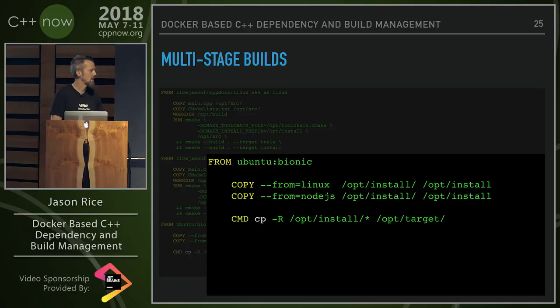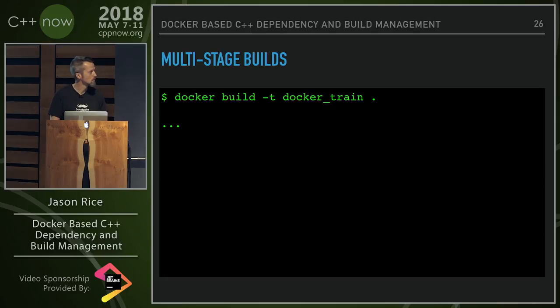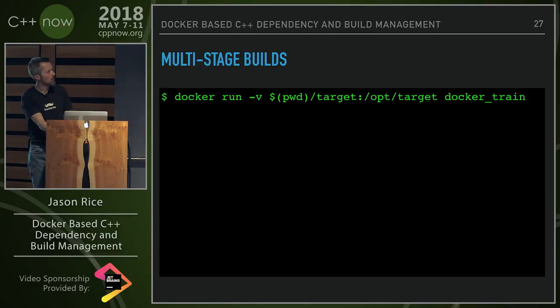And then in my command here, I just copy the files to a directory called /opt/target, which I'll mount to my file system on the host. So this is the command to build. I'll spare you the output. And when I run it, so this -v option, it's called volume, but really, in this case, it's a bind mount because we're binding it to a specific location in our file system. And I just put it in our current working directory /target, which is where I want to put my built binaries